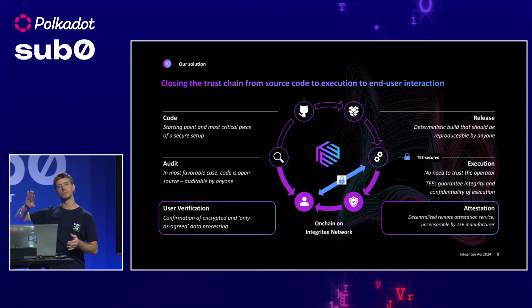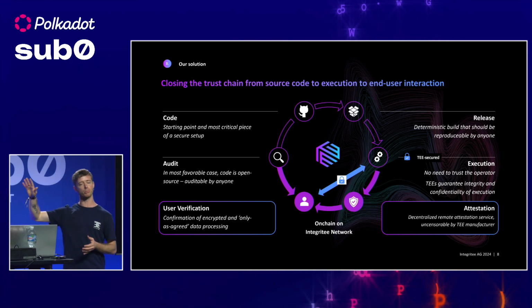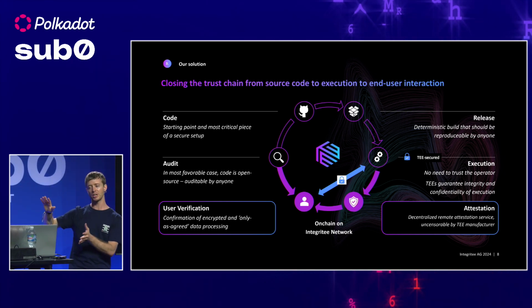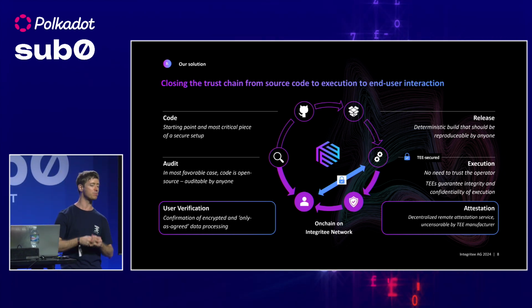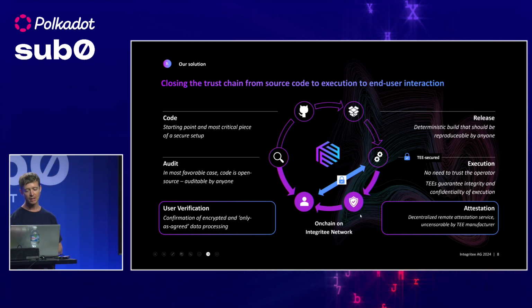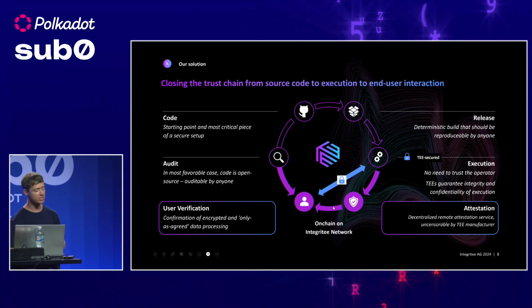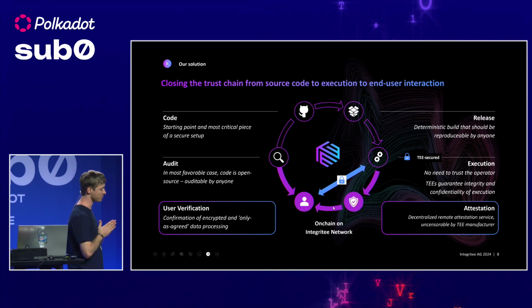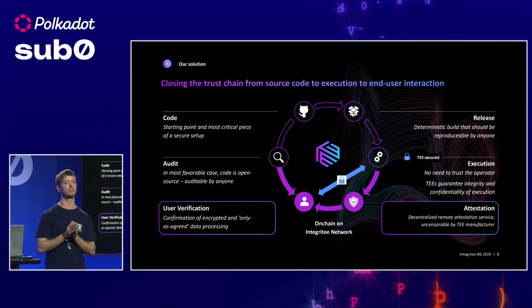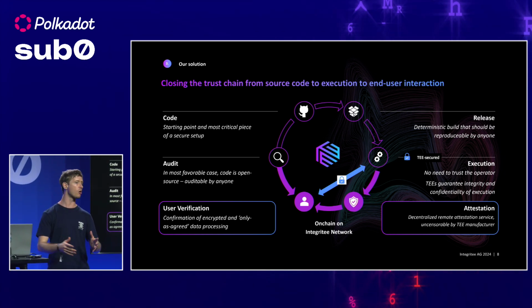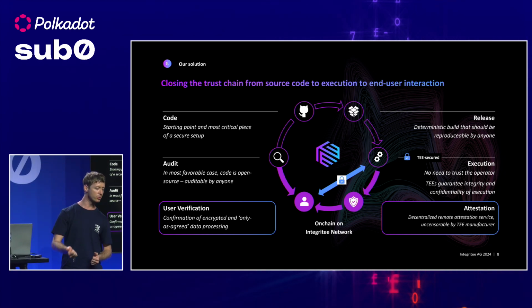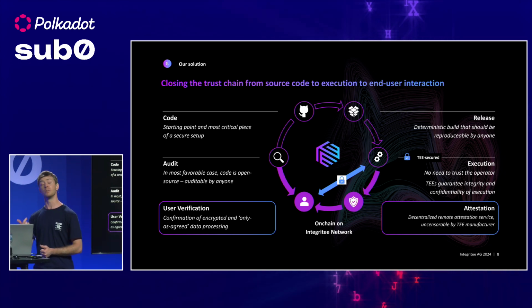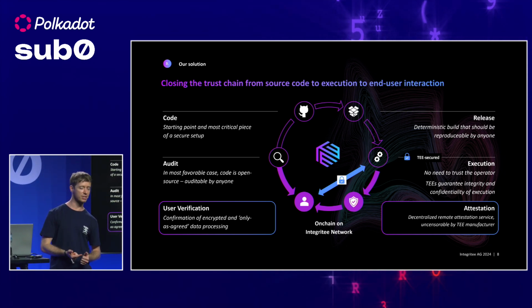And the difference to the original process is that the remote attestation process is no longer censorable. So any TEE can always be remotely attested. And then the verification of this process is going to be on the Integritee network. So we have afterwards a public registry of all remotely attested TEEs, and we know that those TEEs are secure. We know what kind of business logic is running, and